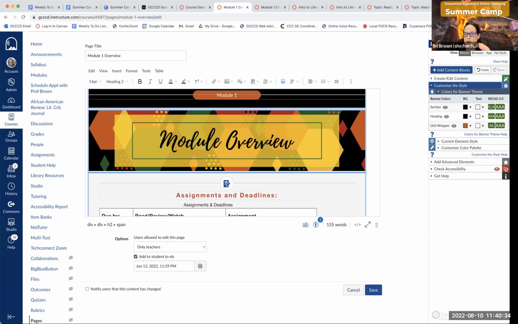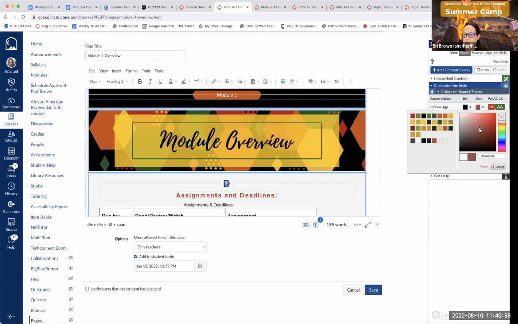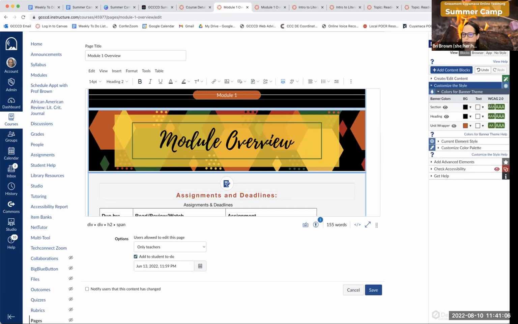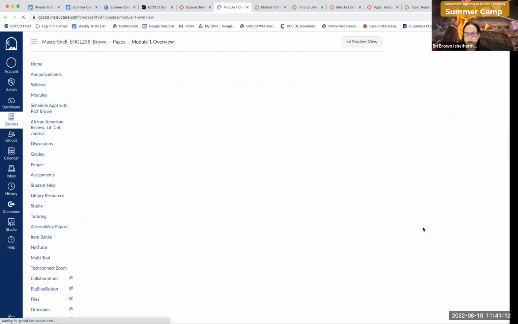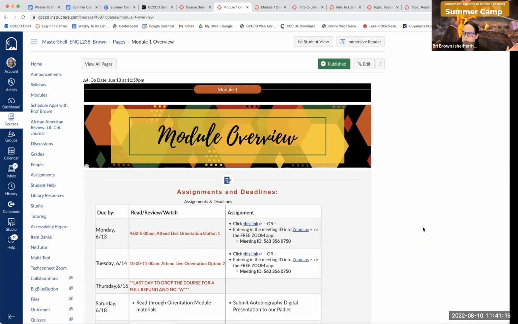What it also does is tell you the accessibility score for the color of the text versus the background. So this ribbon is black and the text is white. So the more A's, the better. You want 2 A's or 3 A's, just know more A's, the better for accessibility. This would fail if I change this to, see how it fails when I change it to red. So you just want to make sure that it has a green passing for accessibility. Okay. So I'll save one more time and we can see now the little ribbon at the top matches in color